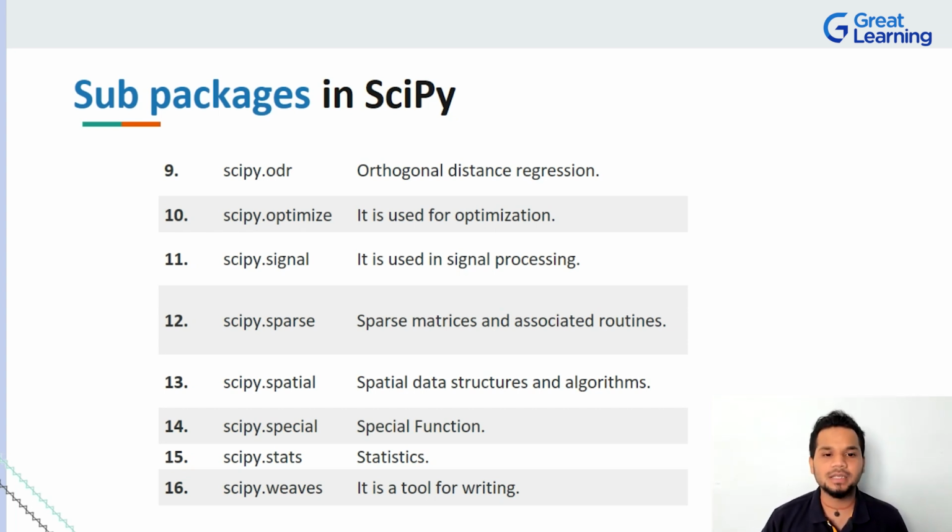If you're working with signal processing, it is clear as day that you're going to be using this. If you're working with statistics, you have a package for that. If you're working with image processing and you want to use a bit of SciPy there, again, you know which sub package to go for now, right? So I hope this quick introduction makes clear to all of you the sub packages which give power to the library.